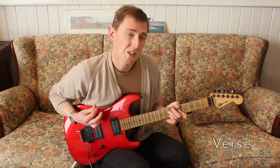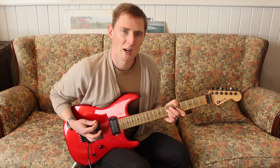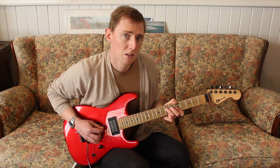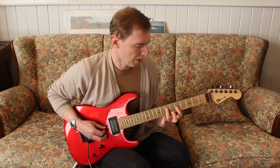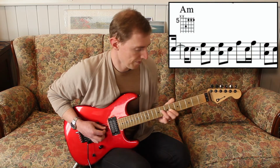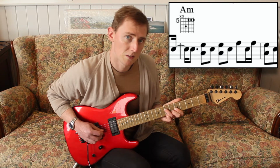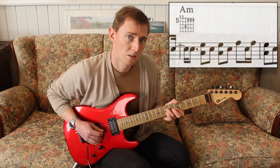I have pretty loosely scored what is going on in the verses. The most important part to pay attention to are the chords that go past. So the feel is generally like the whole time. So the first chord we need is an A minor chord, like this. And then on one of the 4th beats, it'll do the F as well. So it'll start like